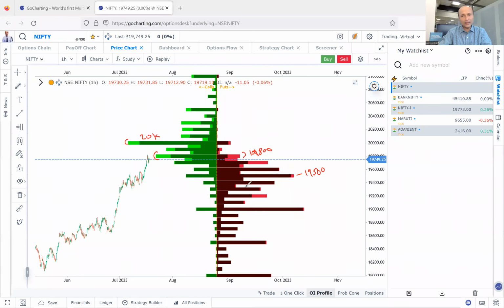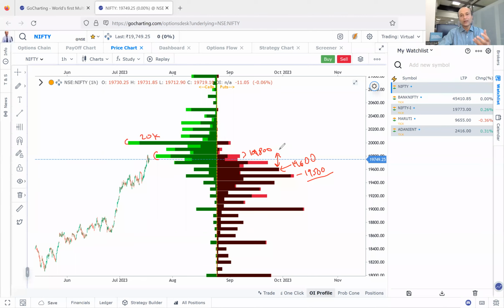So यहाँ पर अगर आप देखेंगे, we can clearly see the overall tone for the options are bullish, because we have supports huge at 19,500. We have very good support which is at 19,600, which has reduced to some extent, and we have hurdle at 20,000. So expected range जो market का समझ में आ रहा है फिलहाल तो लग रहा है 19,600 से लेके 19,850 का जो रेंज है, that is how the option data is suggesting कि इसके बीच में market शायद move या expire हो सकता है.